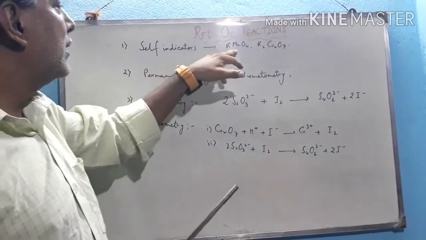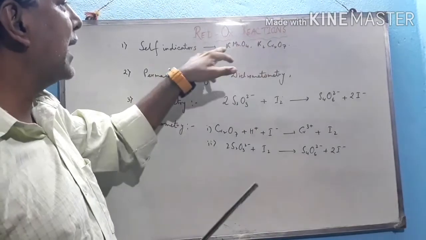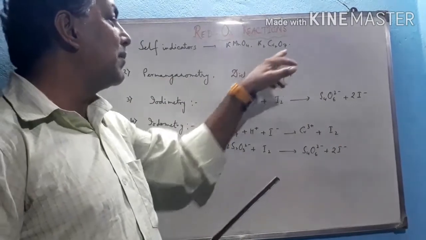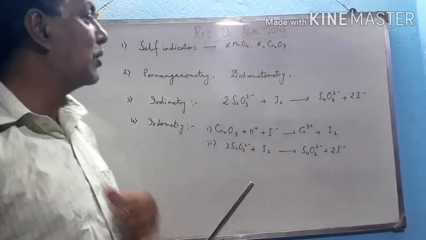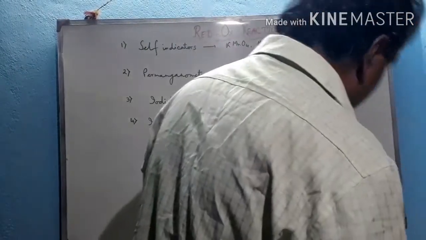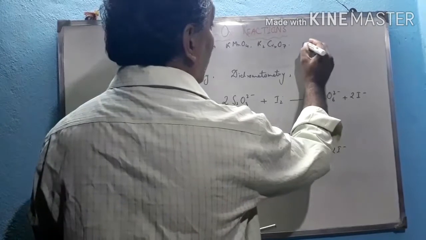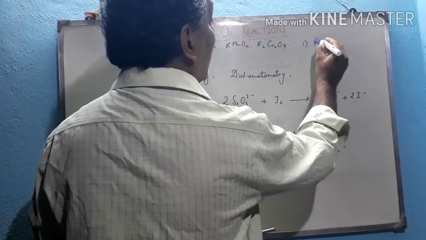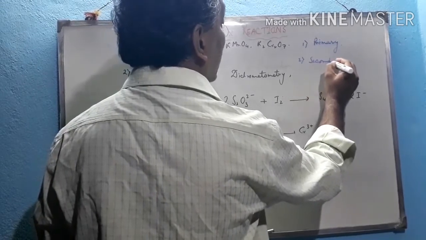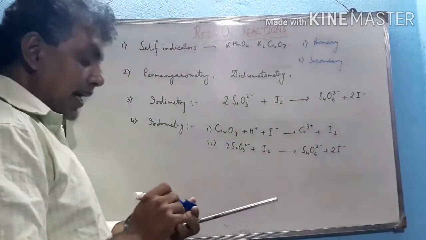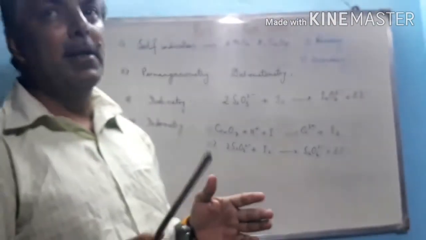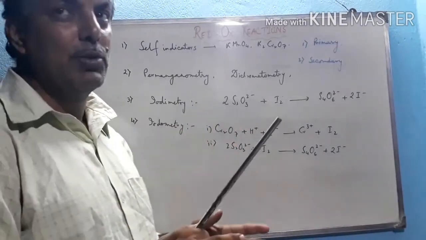Now if we titrate any substance against potassium permanganate, it is called permanganometry. If we titrate against potassium dichromate, it is known as dichromatometry. But in such titrations, there are two standard solutions: number one is the primary standard and number two is the secondary standard. What are called standard solutions? Standard solutions are those solutions with respect to which we can determine the strength of a given solution.